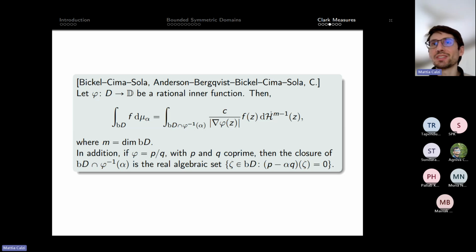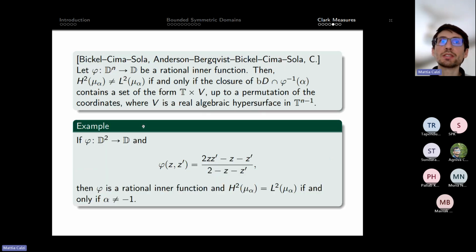In this case, m is larger than 1. And this is a complete description of the Clark measures. In this case, what happens for the equality of H2 and L2? This is more tricky because already in the case of the unit polydisc, if you take a rational inner function,